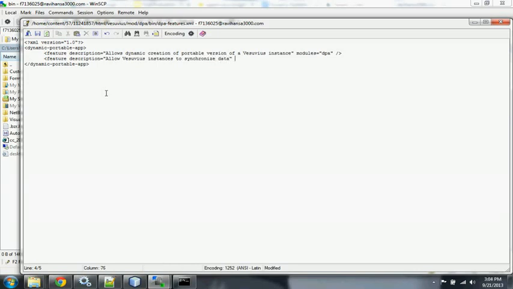Okay, so to support this feature, we need the sync module, and the sync module also depends on the plus module. The plus module is the module that provides some web services. So we need both of these modules, so we can just write down the required modules comma separated. I'll just save this,